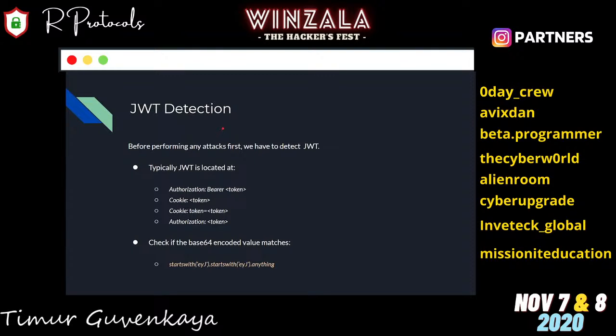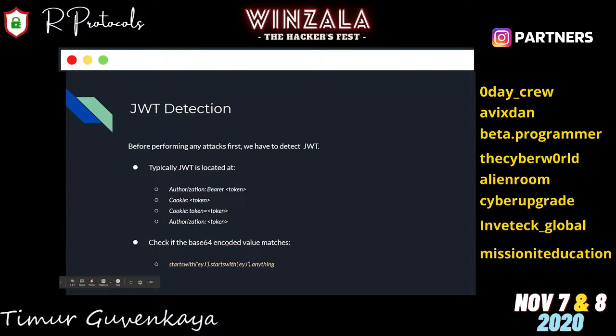Before performing any attacks or checks, first we have to detect a JWT. Mainly a JWT is located in those places. You can check them: a JWT might be located in a cookie, a token, an authorization header, or an authorization bearer header. First of all, you can take a look at the token and see whether it starts with eyJ, then there is a dot, then it starts with eyJ again, and a dot, and anything.